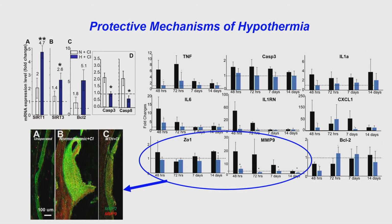Again, you can kind of see caspases are down, significantly down with hypothermia, right? TNF alpha up till 14 days is down. So you can see that one-time application at 0 days affects gene changes until 14 days in these cochlea, right? So it's actually really interesting to me how one-time application of hypothermia continues to have significant effects downstream. We can do